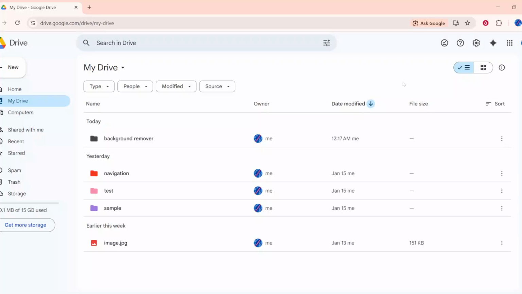In today's video, I'm going to teach you how to download an entire folder from Google Drive to your computer. This is perfect when you need an offline backup, you're moving files to a new machine, or you just want everything in one place without clicking each file individually. All you need is a web browser, your Google account, and enough storage space on your computer for the folder